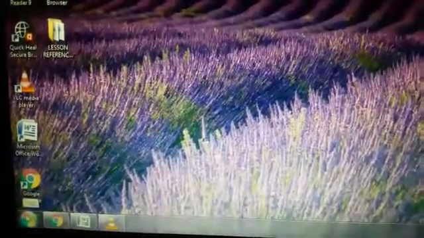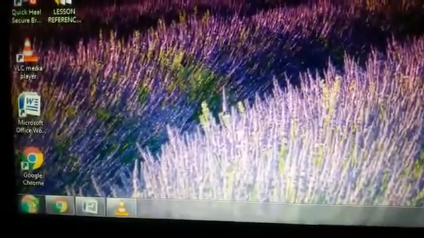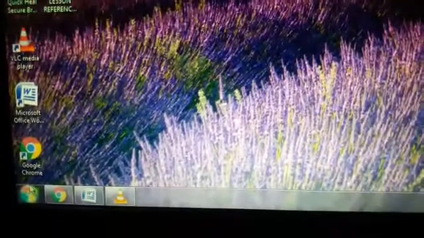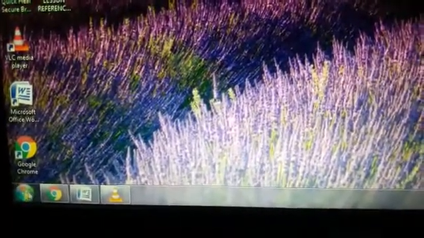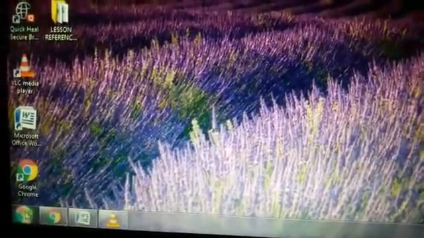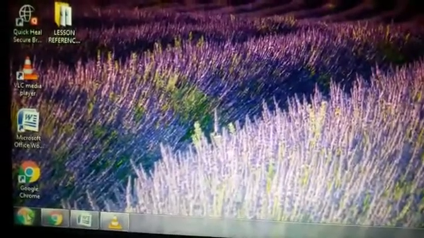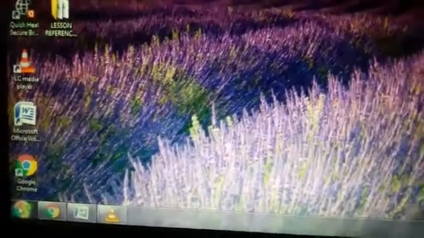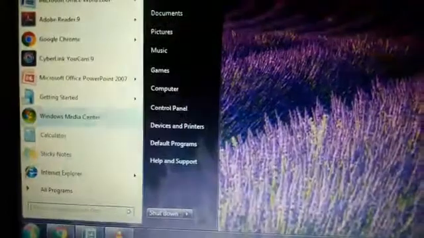The first one is the start button. When I take the mouse pointer over here, the name is displayed. This is called the start button. The start button is actually a pop-up menu that contains a list of recently used programs, and all the installed programs are grouped in All Programs. If you click on the start button, a menu gets displayed on the screen, which is called the start menu.